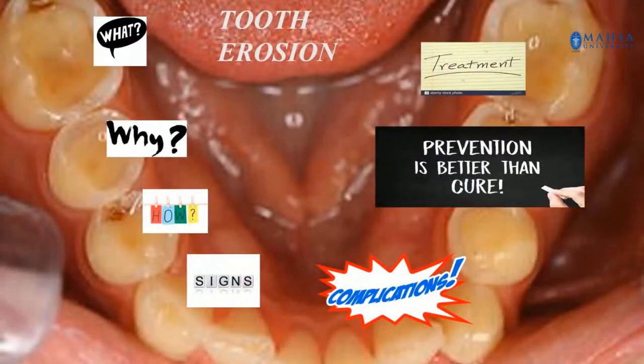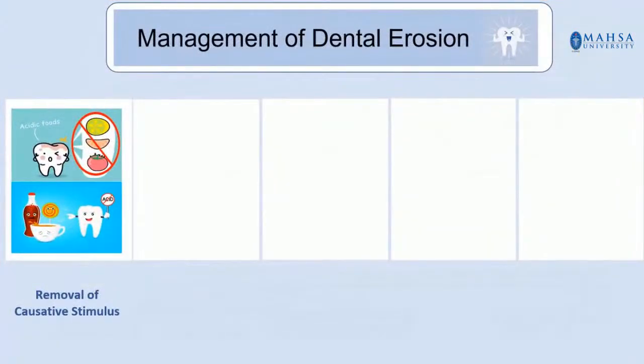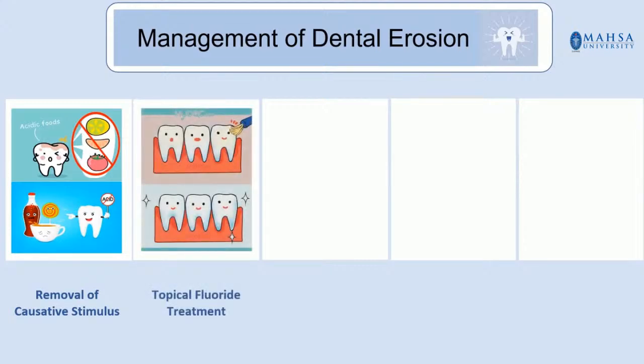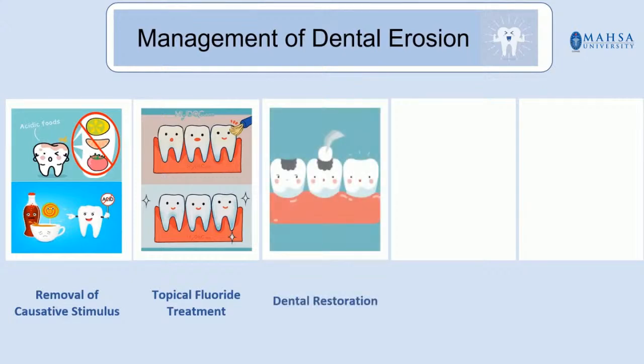Coming to the treatment aspect of dental erosion, firstly, it includes the removal of any causative stimulus such as acidic foods and drinks like lemon, soda drinks, and fruit juice. For the mild cases of dental erosion, topical fluoride is applied to promote the remineralization process of the outer enamel. Besides that, dental restoration is required in moderate cases to restore and cover the exposed enamel and